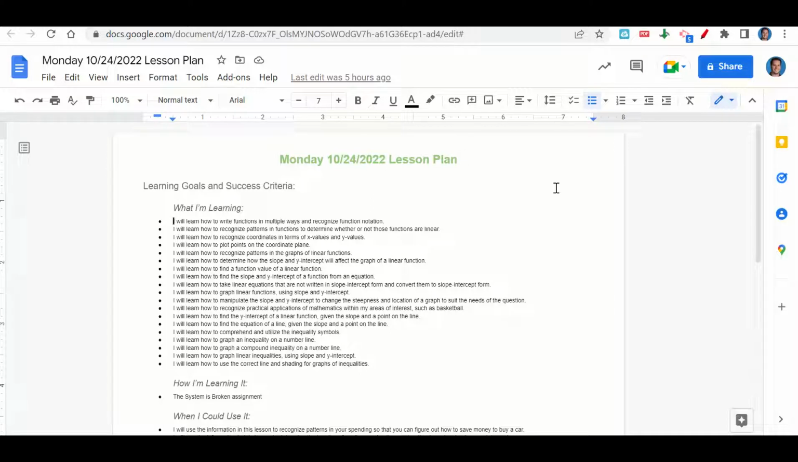determine whether or not those functions are linear, how to recognize coordinates in terms of x values and y values, how to plot points on the coordinate plane, how to recognize patterns in the graphs of linear functions, how to determine how the slope and y-intercept will affect the graph of a linear function, how to find function values of a linear function, how to find the slope and y-intercept of a function from an equation, how to take linear